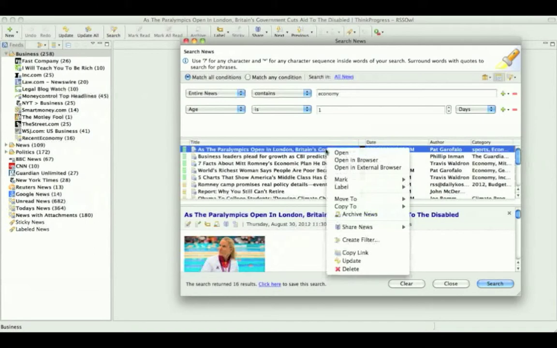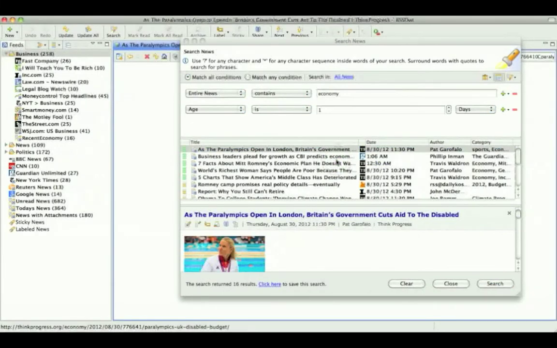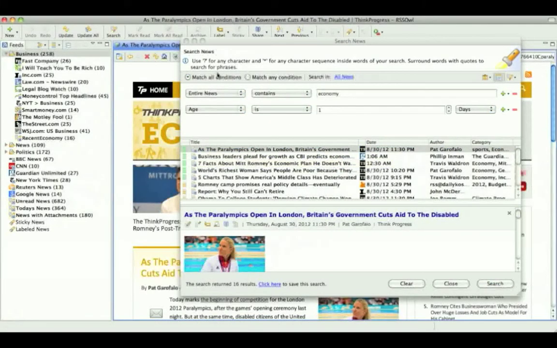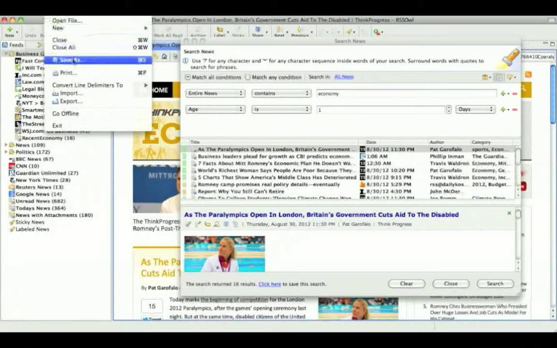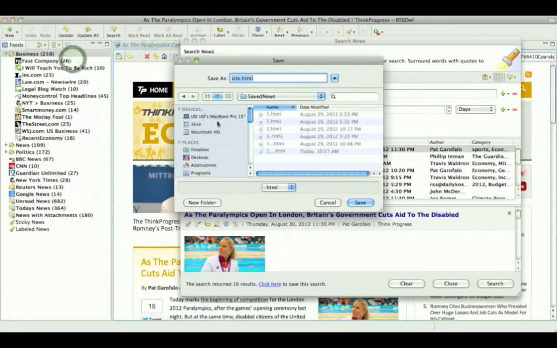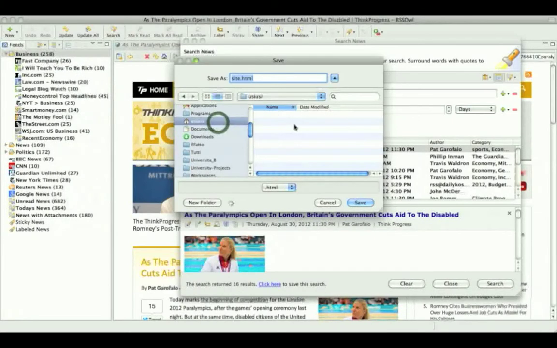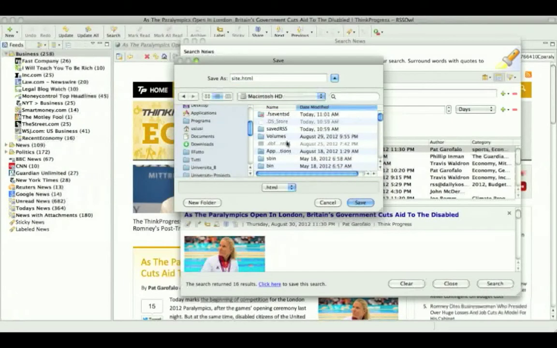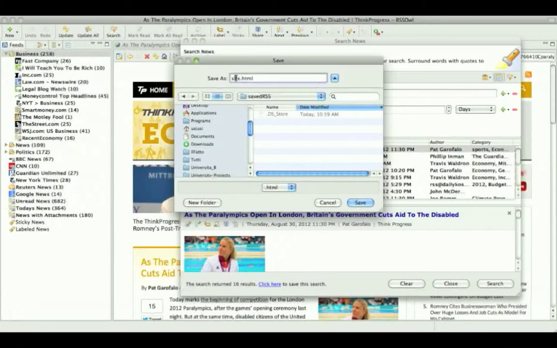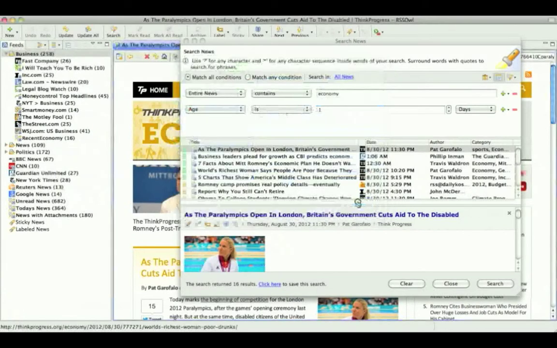Then he opens the news in the browser, and saves the news in a folder. He selects the folder, and saves the first news with the name 1.